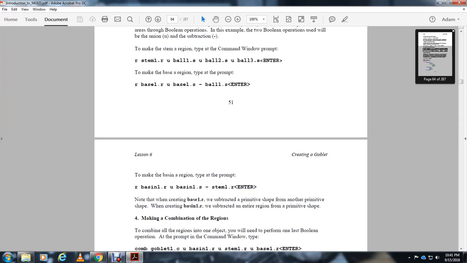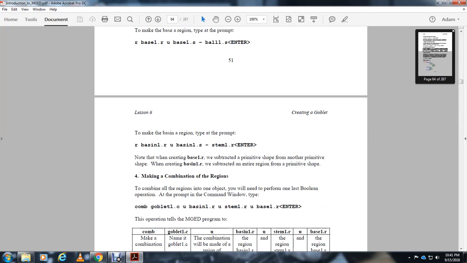Note that when you're creating the base 1 region, we subtract a primitive shape from another primitive shape. When creating the basin 1 region, we subtracted the entire region from a primitive shape. For making a combination of the regions, combine all the regions in one object. You will need to perform the last Boolean operation and, at the command window prompt, type: